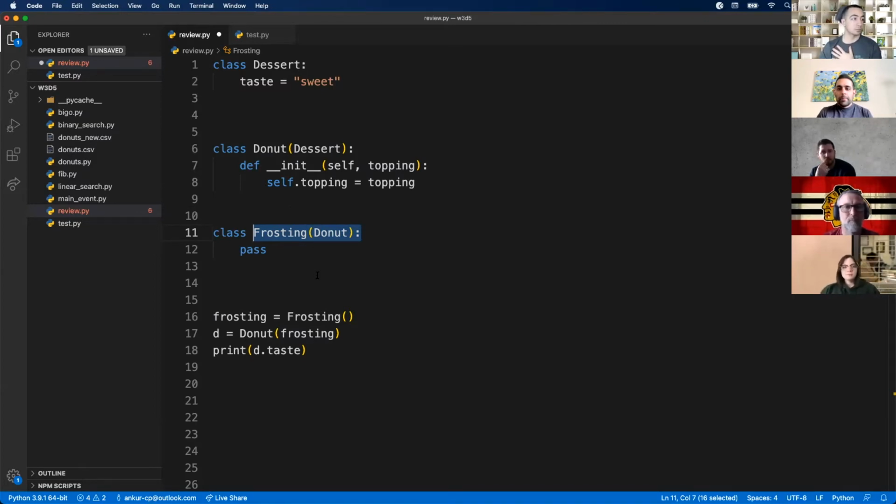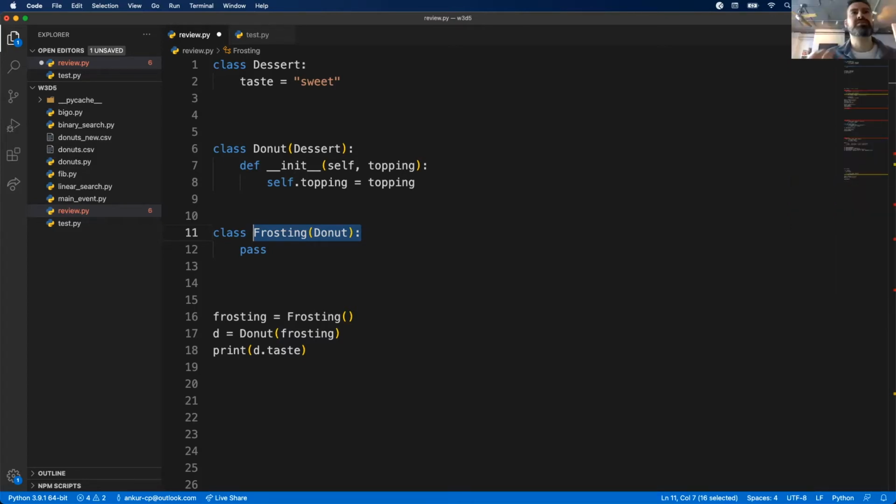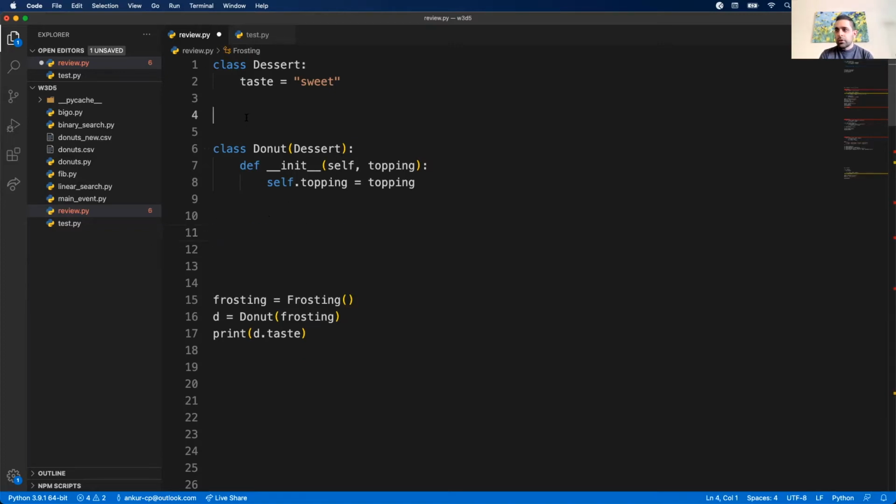Can I ask a clarifying question? Sure. So you said it is possible to pass frosting to the donut class and use aspects of frosting in donut, but it's not good design? Correct, yes. To clarify what Jacob's asking about, which I went over a bit earlier: